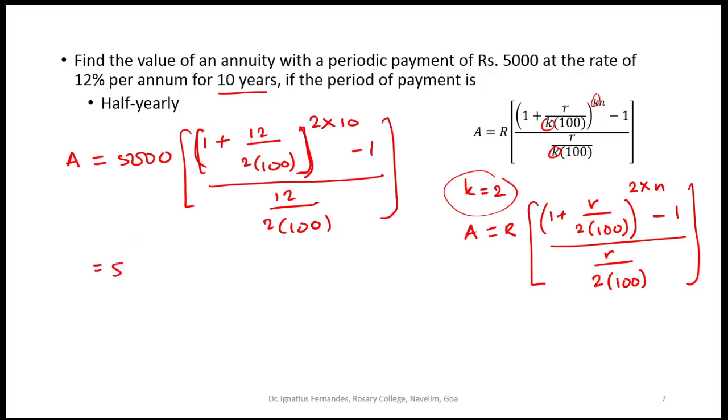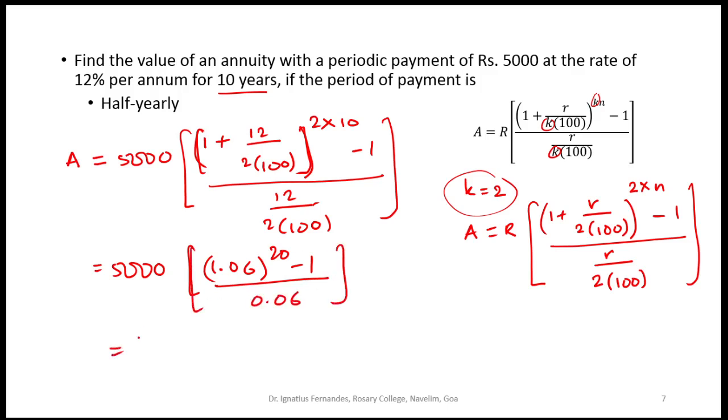Okay, so this will be equal to 5,000 into this. So 12 upon 200 is 0.06 plus 1. So I'll get 1.06 raised to this 20 minus 1 divided by 0.06. Okay, so if I carry out this